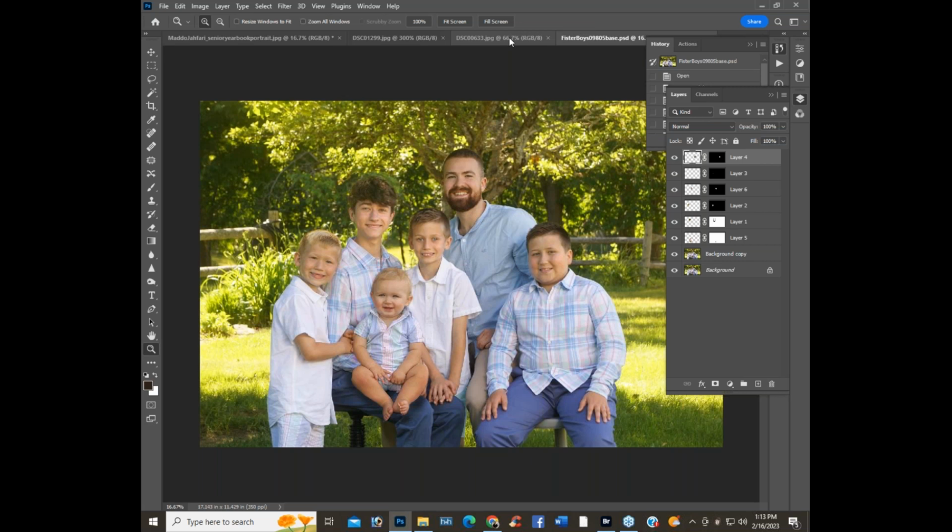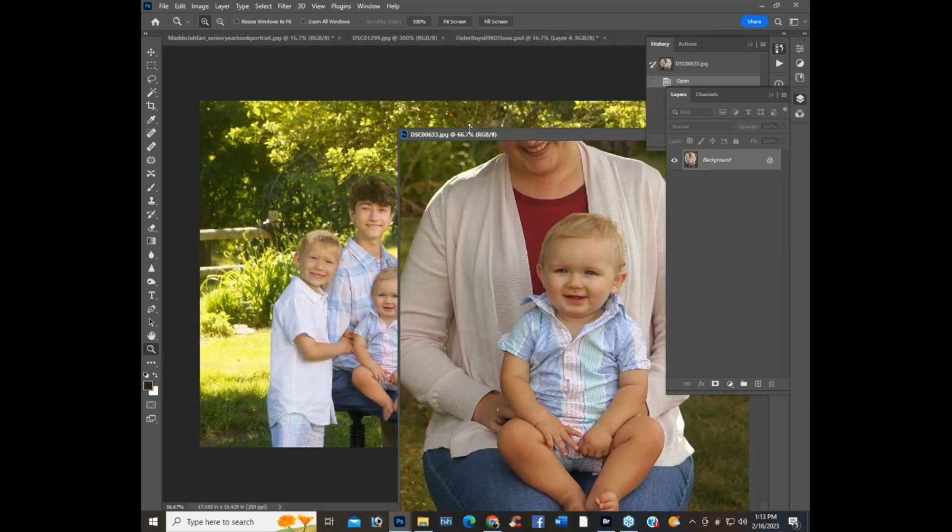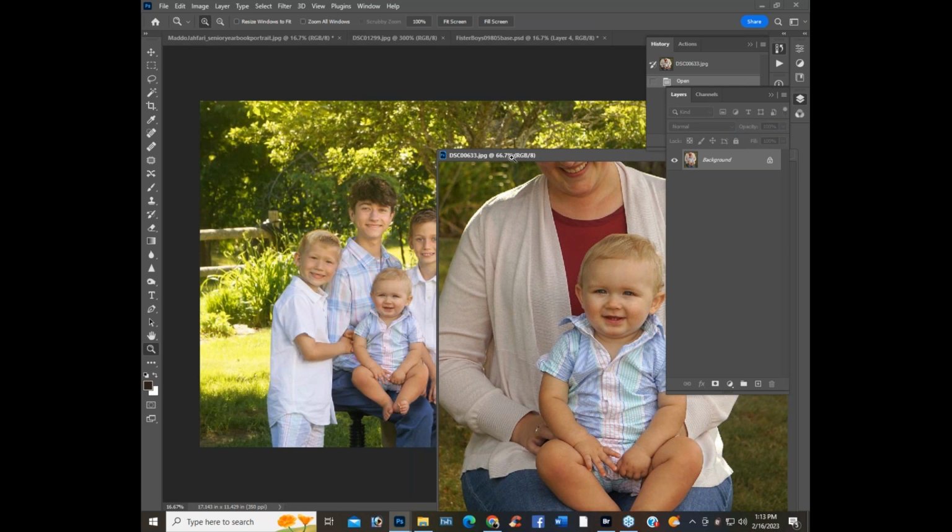And as a side note, this is one reason I don't like offering digital images to clients, because it can look great on your screen, but when they go to their phone, their tablet, or their screen, it might be off because everybody's calibrated differently. So what you see may or may not be pleasing to you, but that's not really the point of this. So what I had to do, let's see if I can do this, is